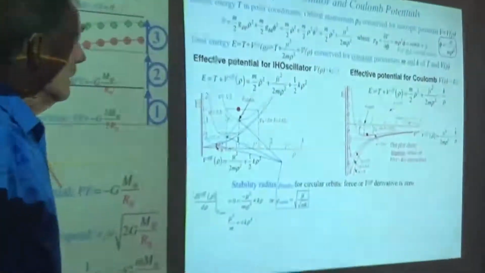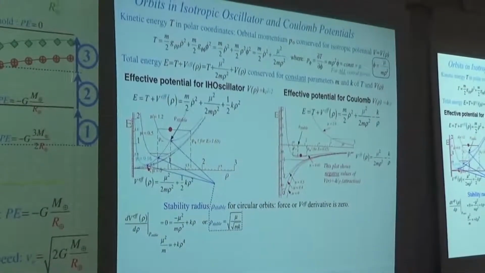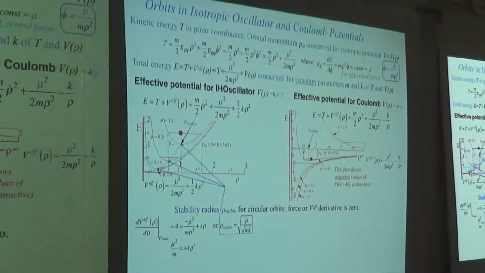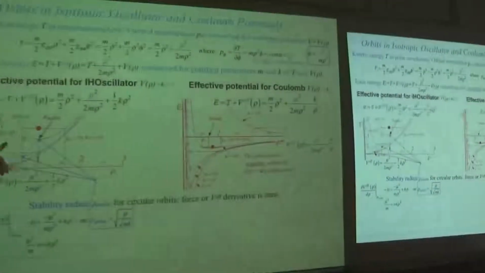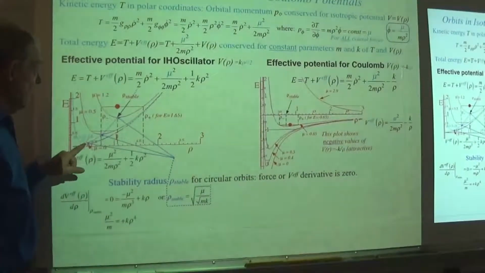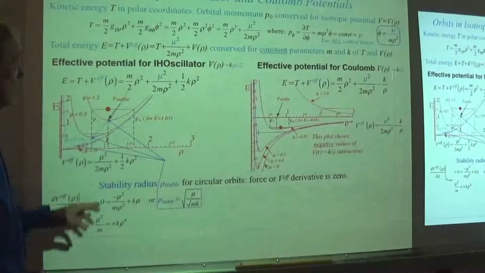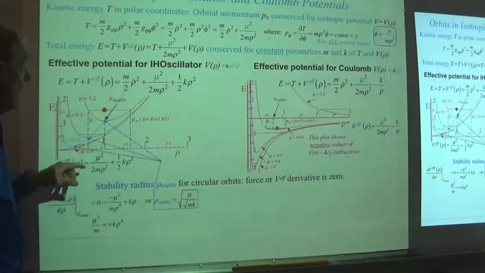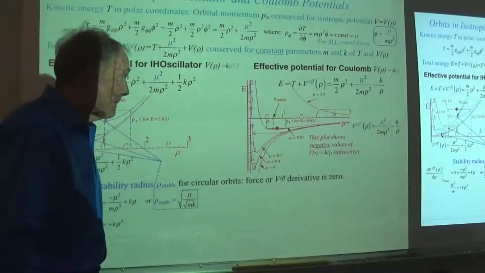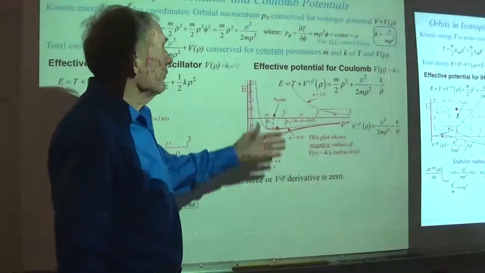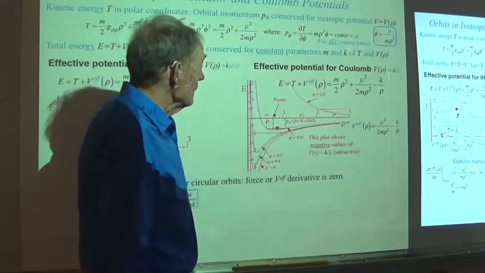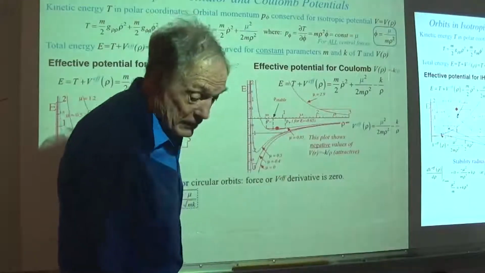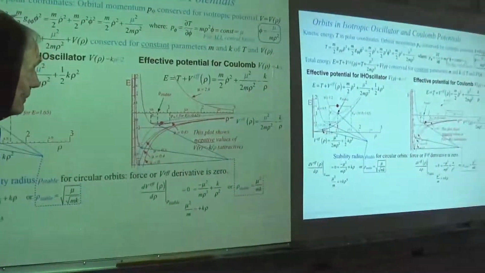And that's what I'm talking about right now. First of all, for the oscillator, the homogeneous isotropic harmonic, beautiful, perfect oscillator. Now, depending on how you set your initial conditions, you're going to be either on a high energy part or lower energy part. Anyway, you want to find the bottom of that. And you ought to do the same thing with the Coulomb. Okay? So, looking for stability points,